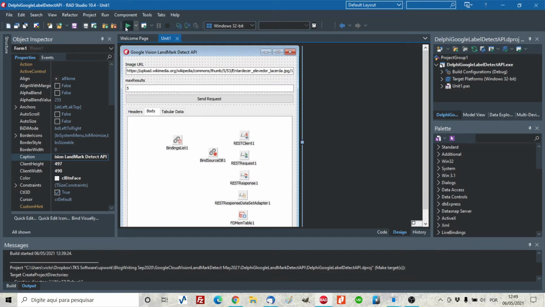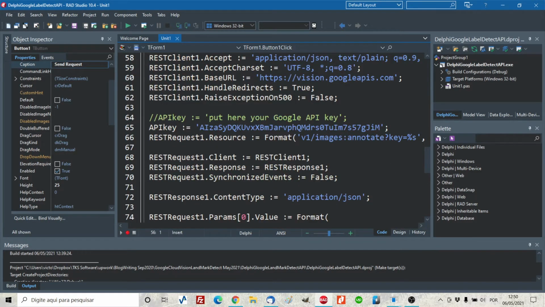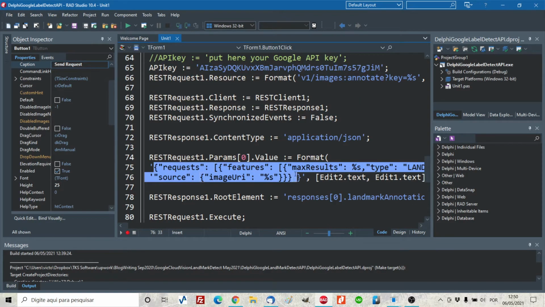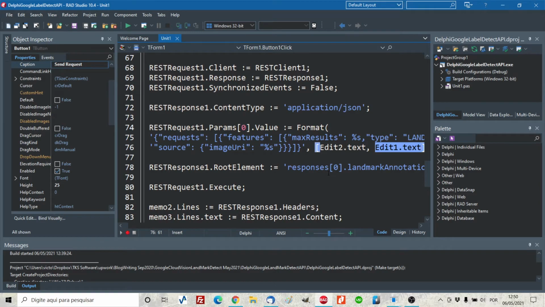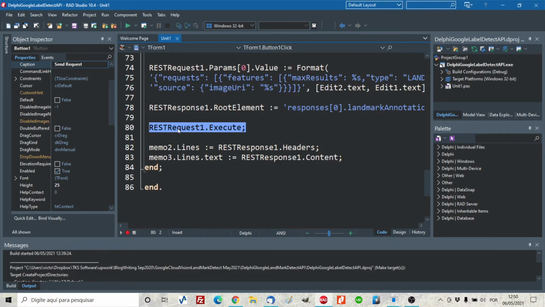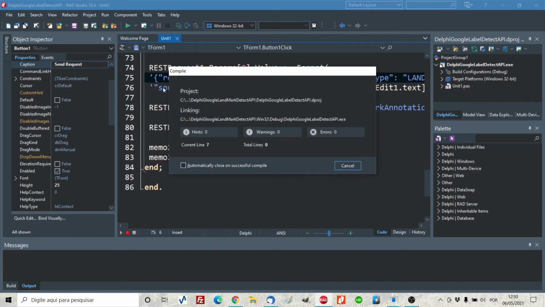Here you are. And here we have an edit where we will paste the link for the image. We have a max result, so we have to remember that maybe in one image we have more than one landmark, so Google will check on all of them, but limited to the number we write here. And here is a send request button where we have some code, including the API key that we have to send to Google. Okay, and we pass as parameters the JSON, the very same JSON we used there, but adding the reference for the link and the reference for the max result. Okay, after that we execute the REST request, and we are supposed to have the results on those two memos on the screen. So let's run the application,